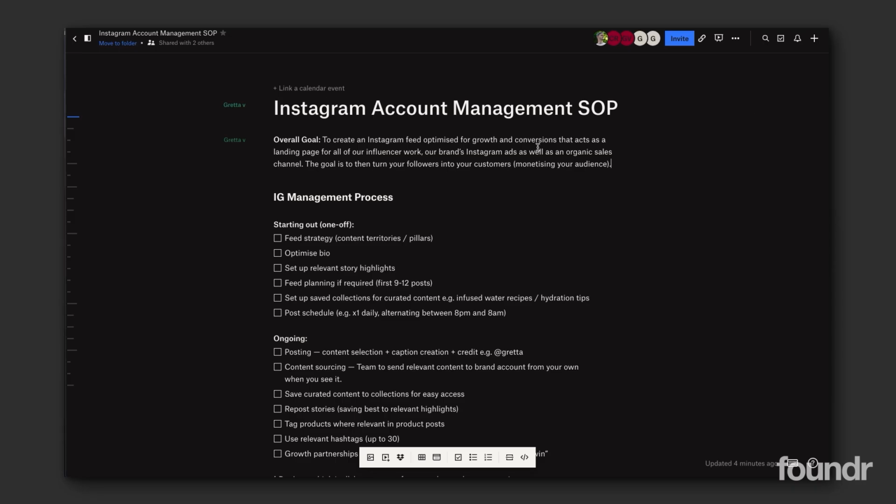So what I'm going to be doing today is working through this doc, and I'll take you through and give you our overall Instagram management process and then dive a bit deeper into some of the steps involved as well. So we have at the top the overall goal for Instagram account management, which is to create